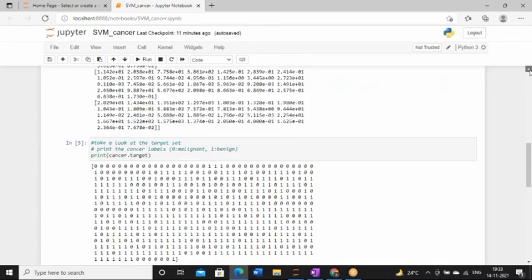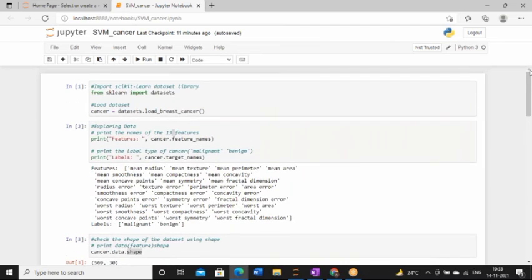So this is how you can use the SVM classifier for any kind of data set. This is your complete code. Now whenever I share this code with you all, you have to take this code. One thing you can do, you can import the dataset from sklearn, but another thing you can do is fetch data from UCI.